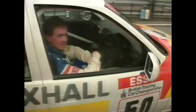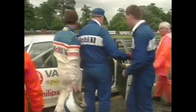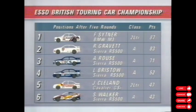By contrast, a shell-shocked feeling in the Vauxhall camp. John Cleland claims he's never crashed a race car before, and here he's gone off twice in 3 laps. A couple of rounds before, Vauxhall were mounting a real challenge to the BMWs, and that challenge will surely come again. But now Cleland is slipping behind in the 2-litre class, and also he's slipping behind in the championship as well. The main threat to BMW's Frank Sittner continues to be the pace and the consistency of Rob Gravitt. Both took maximum points from Oulton Park. 4 points remains the gap between them,